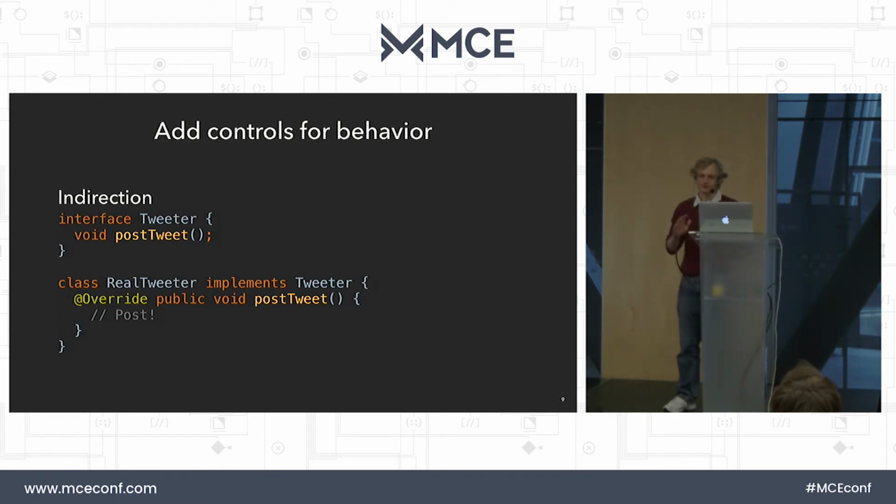So now, touching a little bit on how we're actually going to implement this. A precursor: we want to add controls for these behaviors. Like I said, we'll want a menu to be able to swap out these features and behaviors at runtime. So this is just basic indirection. We want to extract out our logic, and in Java we just use interfaces for this. In a very simple example, everybody knows, we want to extract out our tweeter,